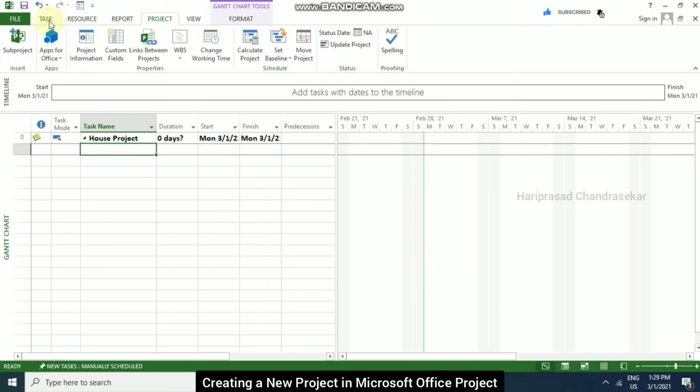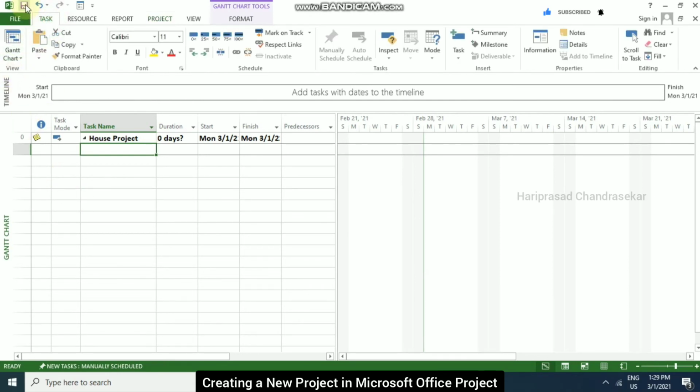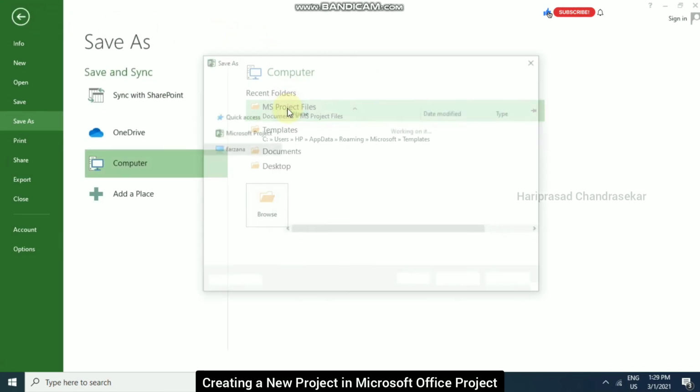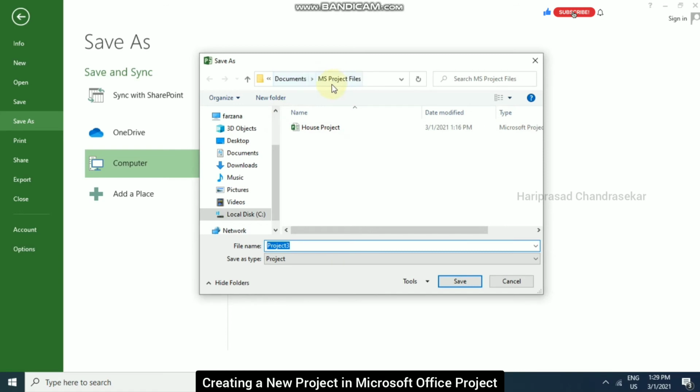Now we are going to save this file. You can use the icon over here, or you can press Ctrl S, and you can select some document folder. See, I created one folder for MS Project files in Documents, so it is easy for us to keep our files organized.